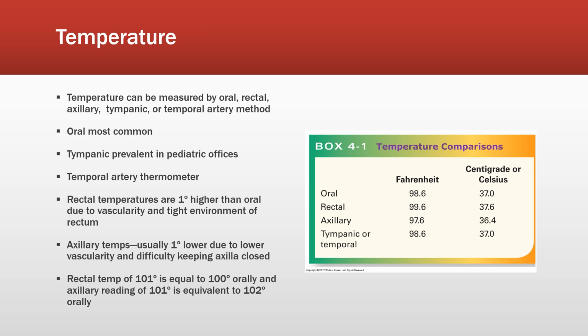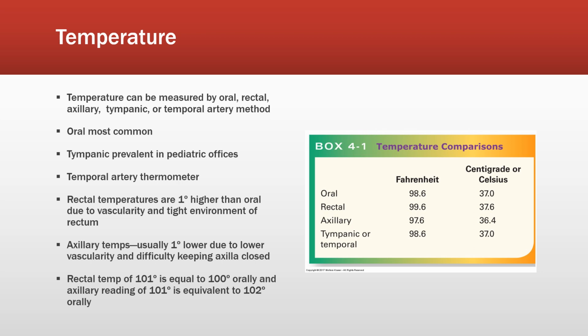The rectal temperature, we look at rectal as being bright, right? This is the most accurate measurement of temperature. Rectal temperatures are usually 1 degree higher than oral. Okay? And then axillary is underneath the armpit, and that's measured typically 1 degree lower than oral. So when we're documenting, we have to be very careful to document where we are taking the temperature